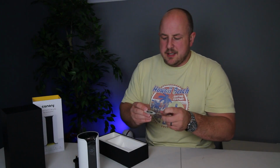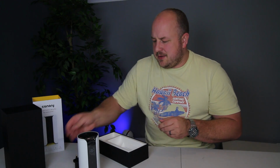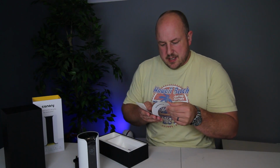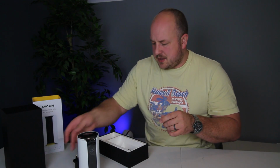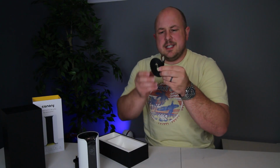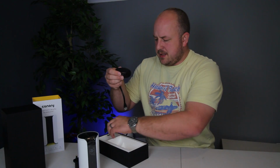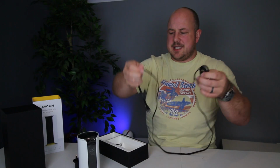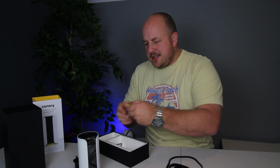A couple of little stickers to say you have a Canary in your house, so be warned. Just a return policy warranty card thing there, not of too much interest to us. A good size length of that USB power cable actually, so if we just unplug that, I'm not quite sure how long it is, but that's going to make it really flexible for where you're going to position the device, so that's good. And the last thing is a